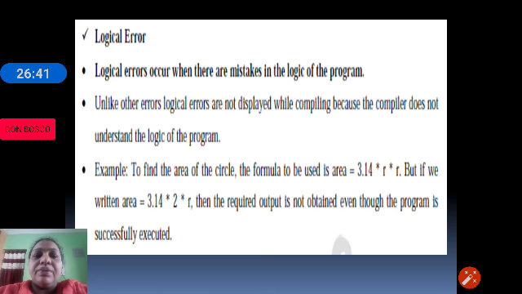The computer will think that you want to multiply. So therefore, logical errors are when we make some mistakes in the program. For example, a programmer should know what operations have to be performed. So area is equal to pi r square. If I don't know the formula, and I give pi to r, it will calculate and show pi to r. We get the result, but we don't get the proper result. Then we can't blame the computer. So this is a logical error.